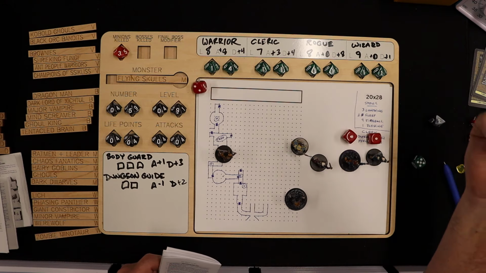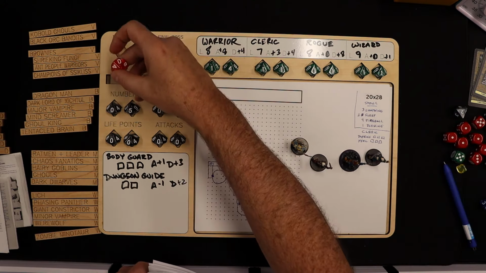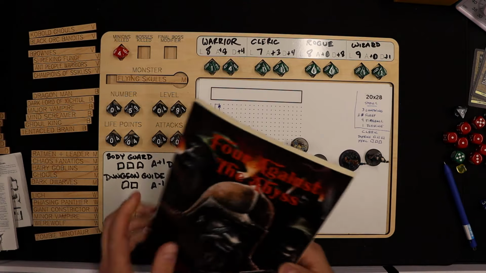Do they flee on a 1 to 3? They do. The rest of them hightail it. That is a minion killed. So we're up to number 4. And it says normal treasure. So I will get the normal treasure out